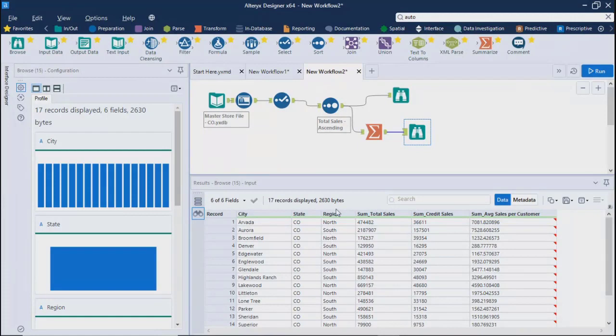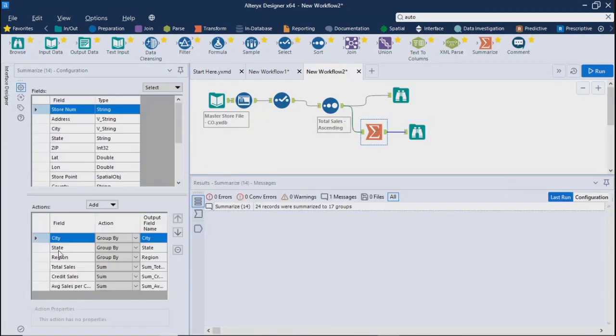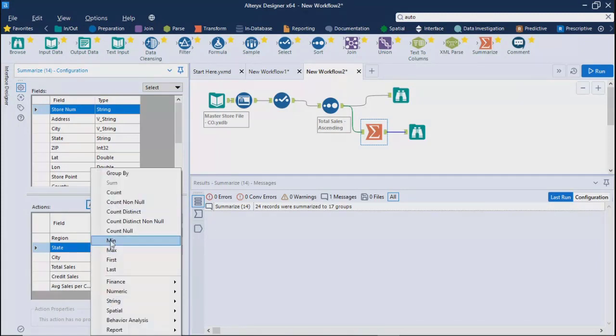Maybe you would like to have region as the first column, then state and then city. In that case, you can simply go here, take your region first, then your state, then city, and then your total sales, credit sales, and average sales per customer.